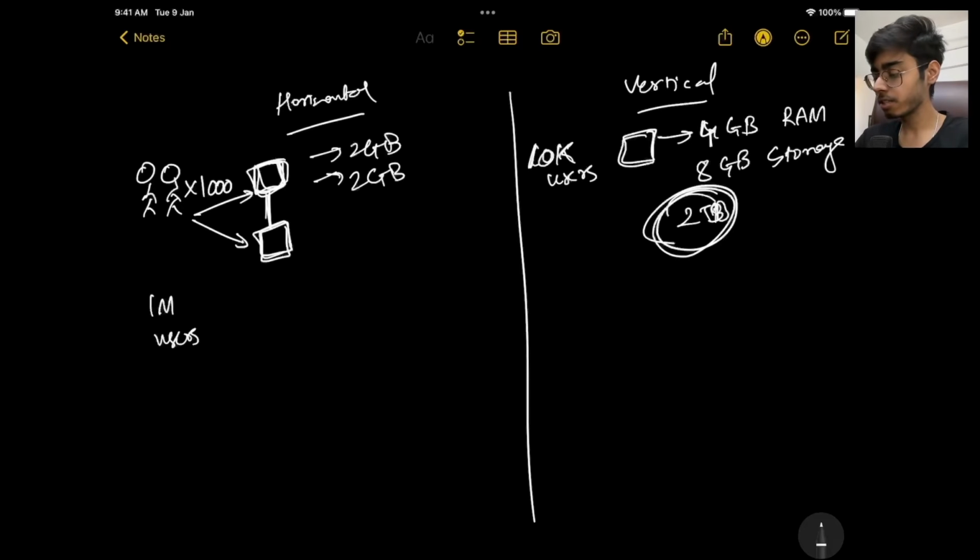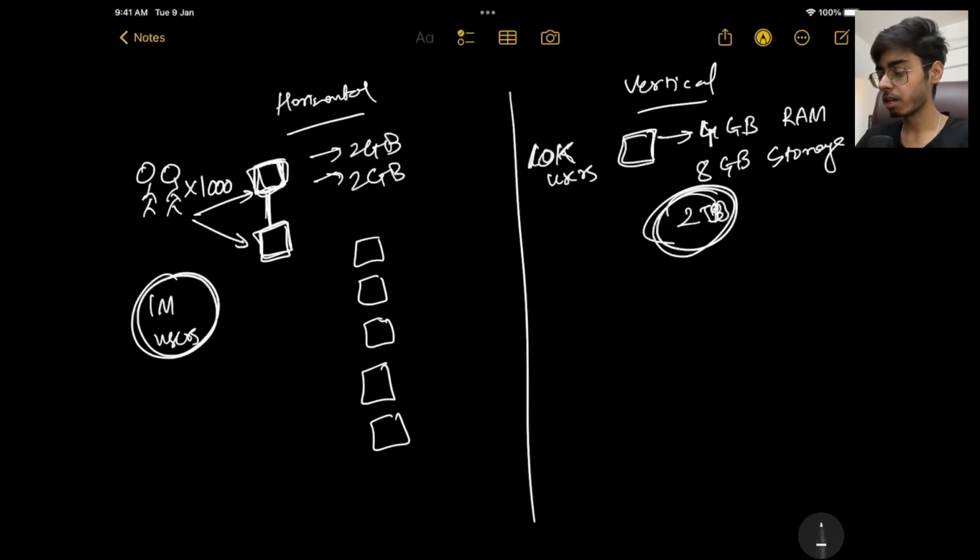So in such cases, you can go with multiple servers. You will say, but here also we have to handle so many computers and it will cost that much. No, it will not cost that much. Why? Because when you have so many users, all the users might not be using your app at a single instance. There will be spike times. Let's say at night, a lot of folks start using your application, so at night you will be consuming all of your computers.